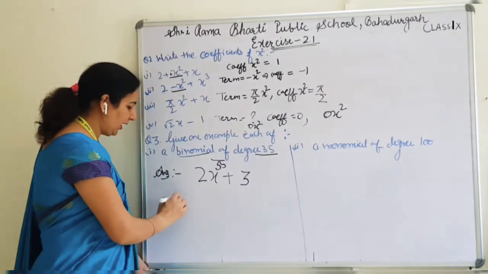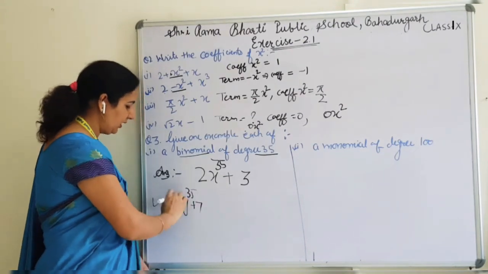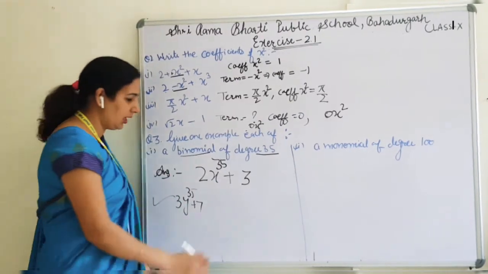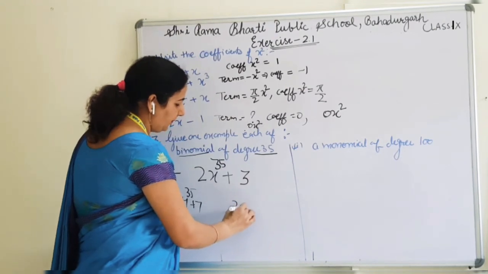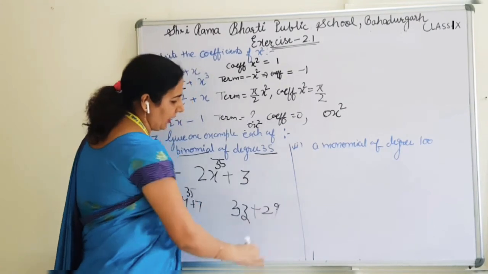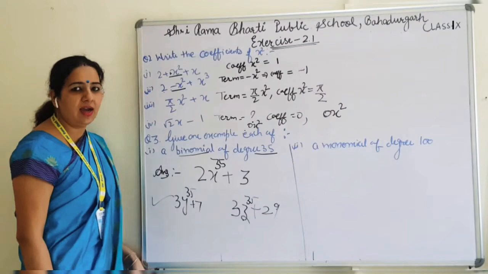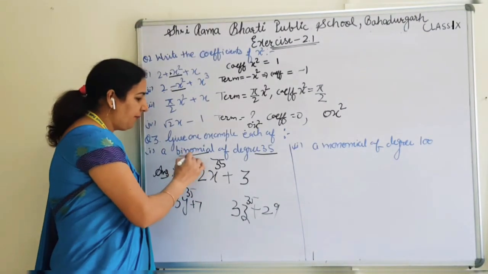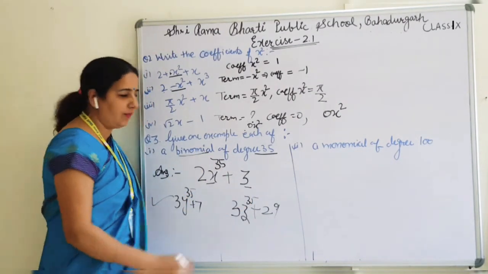If any student writes 3y plus 7 and the degree is 35, then this is also right. We have infinitely many answers for this question. If any student wants to write something like 3z plus 2 with the z variable, make the power 35. Yes, this can be the answer. So I think you have all got the reason why I have written this. First write down a binomial, then make the degree 35.